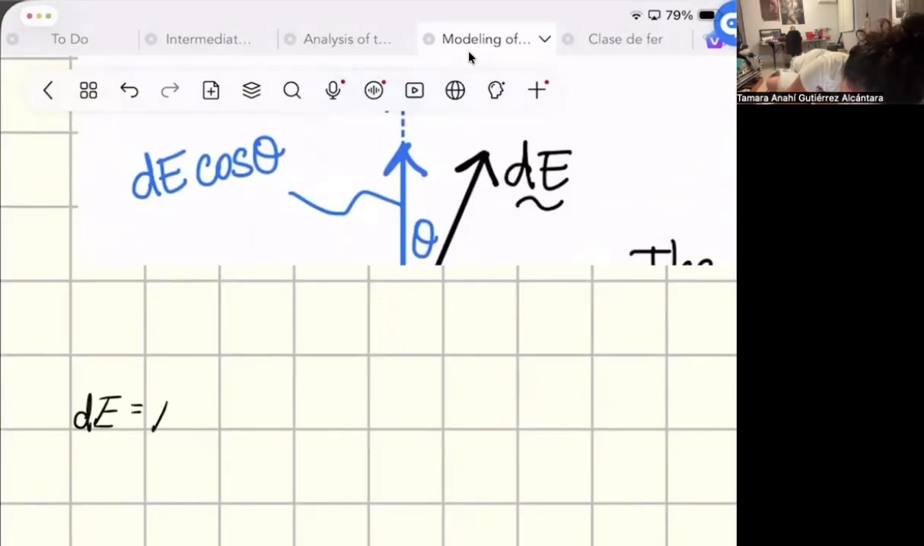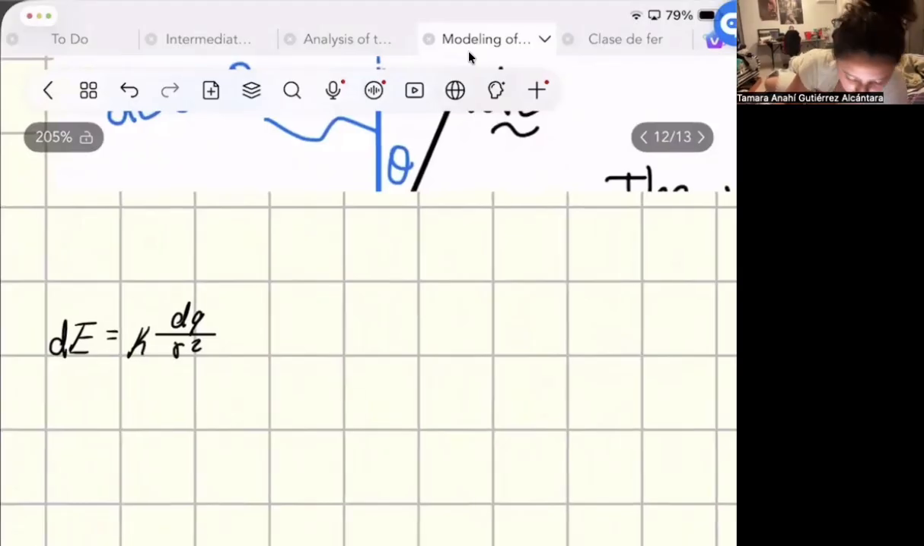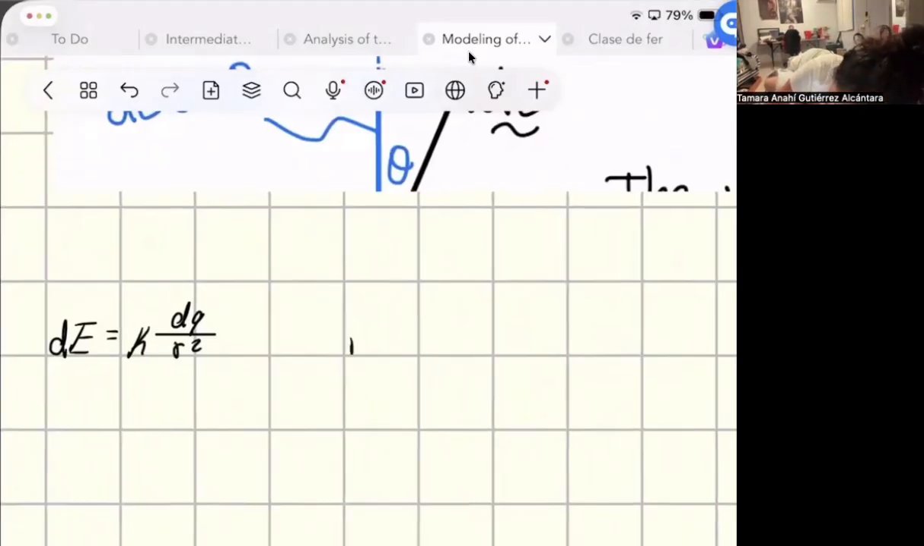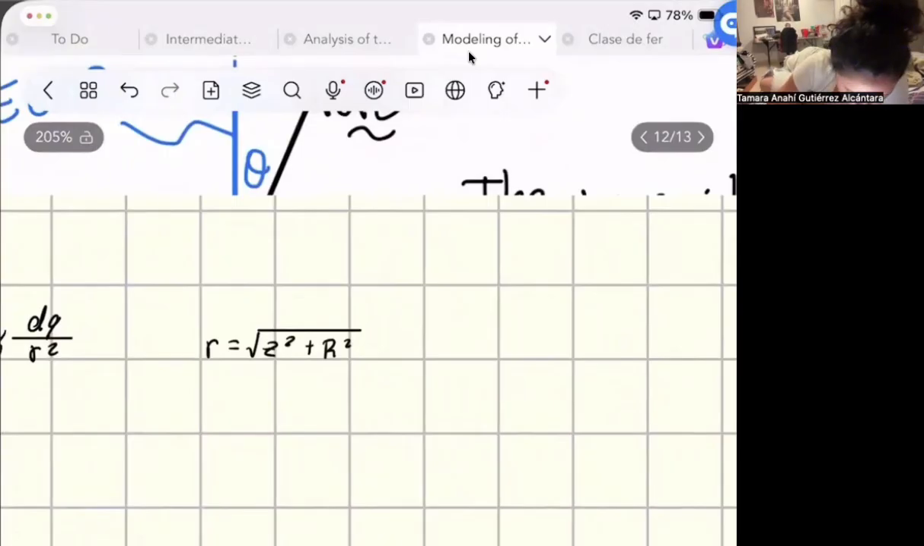equals k dq over r squared. And the distance to the point is r equals square root of z squared plus R squared. Okay? Z. So,